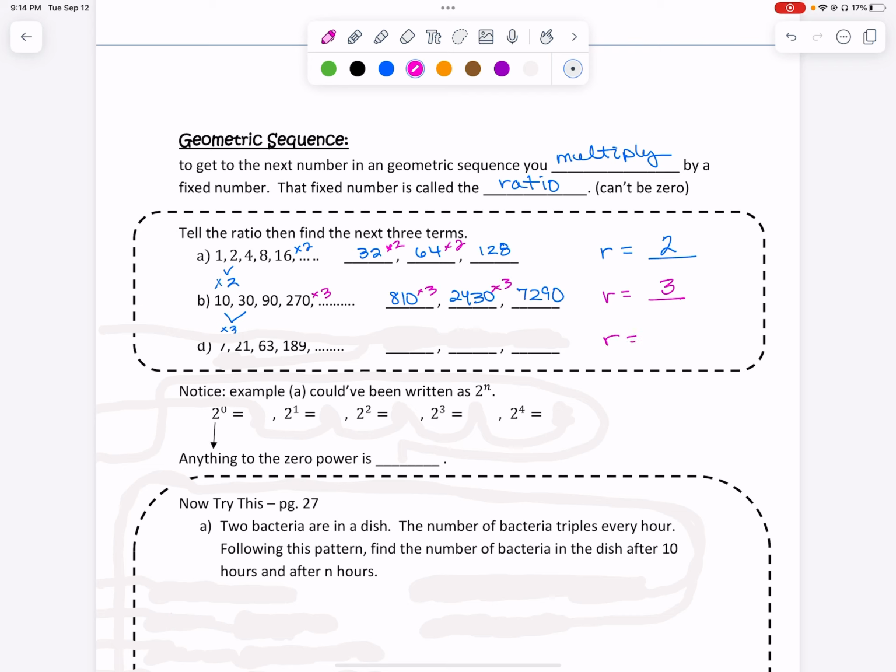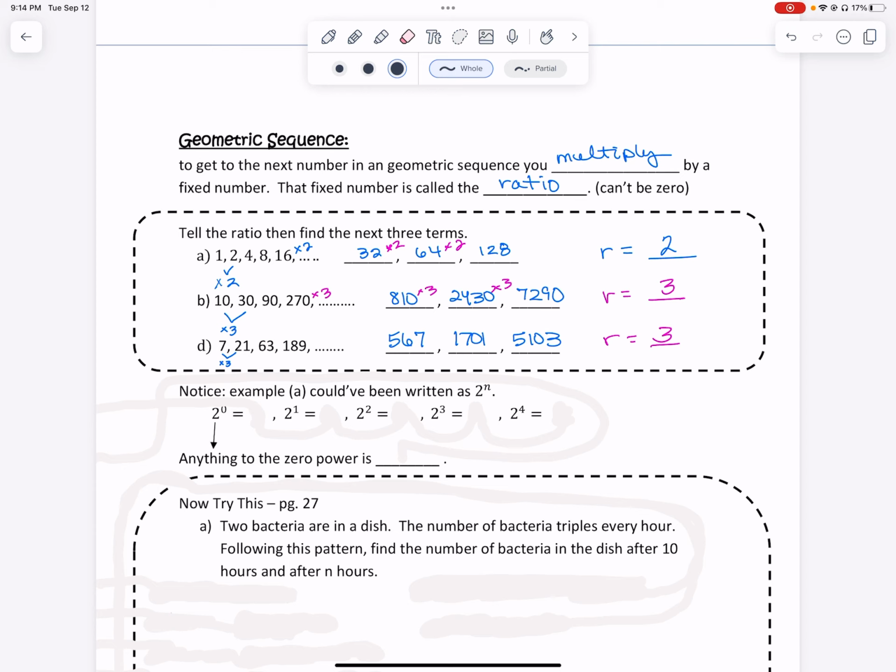And the last one is really hard to see because I covered it up, but that's a 7. So 7 times my 3 is also going to give me that geometric sequence. Okay, now notice